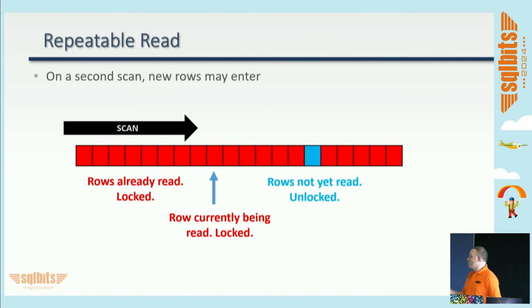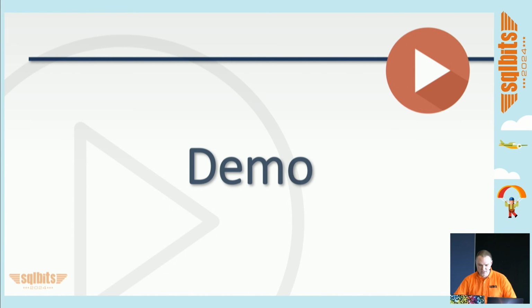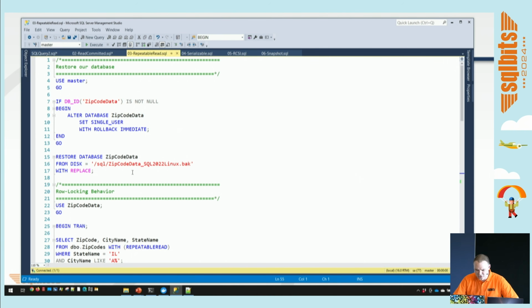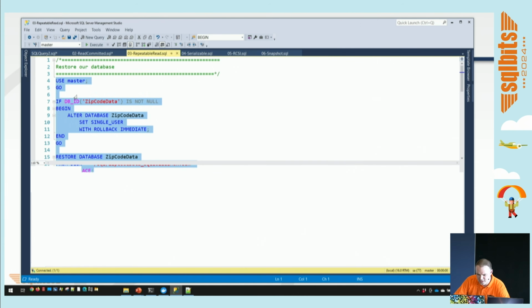Okay? But if we read a second time, if we issue a second statement within that transaction, new rows may in fact enter because they weren't locked. They didn't exist. We couldn't lock them. Okay? So I have a demo for this as well. Okay? And what I'm going to show you very, very quickly here is